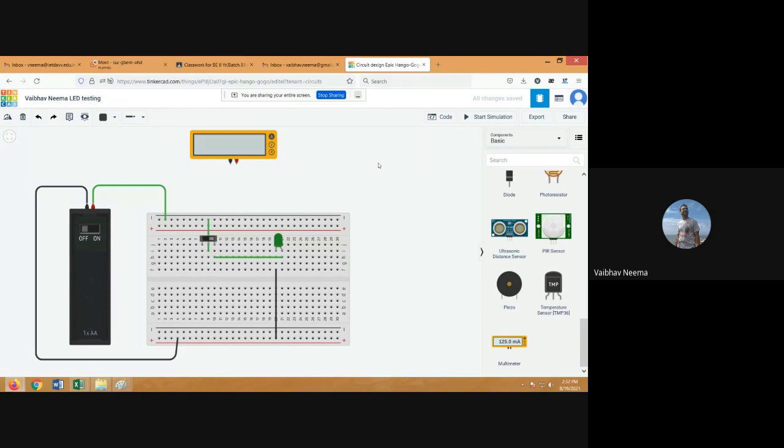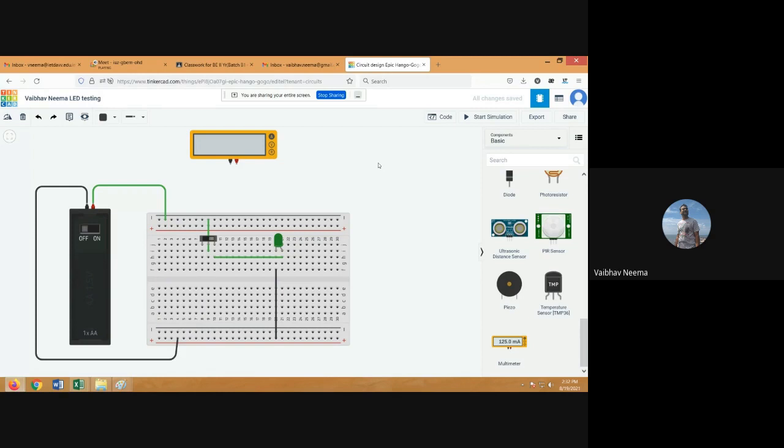So this is clear. Now it will give you the feel that we are working on the hardware, because you are making the connection, you're using the breadboard, and you are connecting the LED, switches, battery. So this will give you the real feel of doing an experiment using breadboards and circuit components.